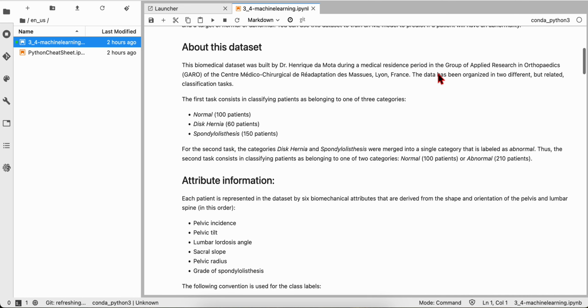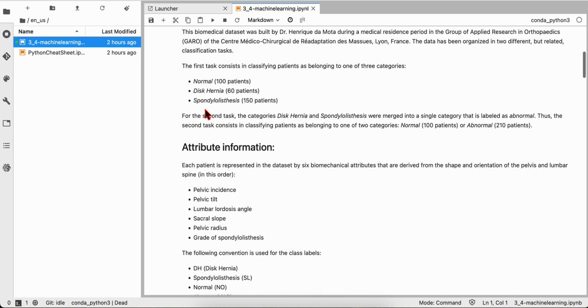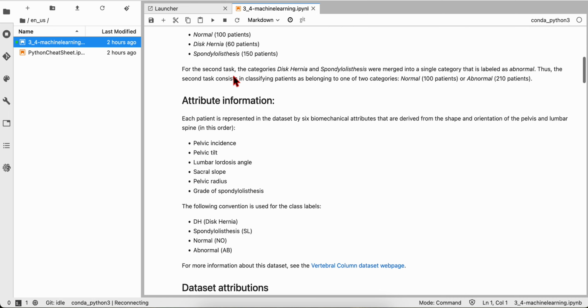The data has been organized in two different but related classification tasks. The first task consists in classifying patients as belonging to one of three categories: normal, 100 patients; disc hernia, 60 patients; spondylolisthesis, 150 patients. For the second task, the categories disc hernia and